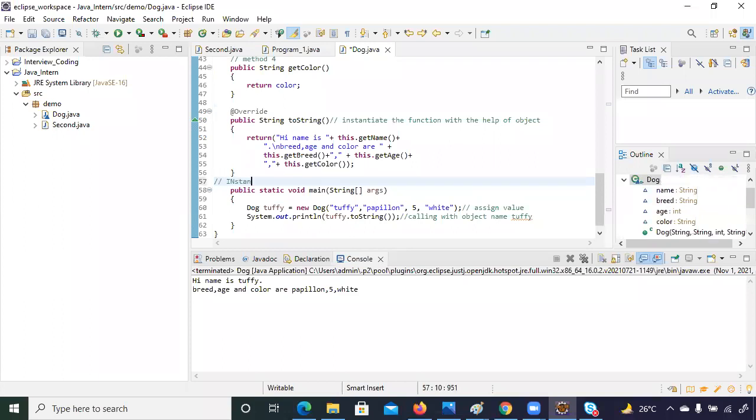In an interview they might ask you, what do you mean by instantiation of an object? You should be able to answer. Now can anyone tell me, what is instantiation of an object? Can anyone tell me what you mean by object instantiation? Object instantiation means when we create an object, it holds the value in the RAM memory and our program gets run.